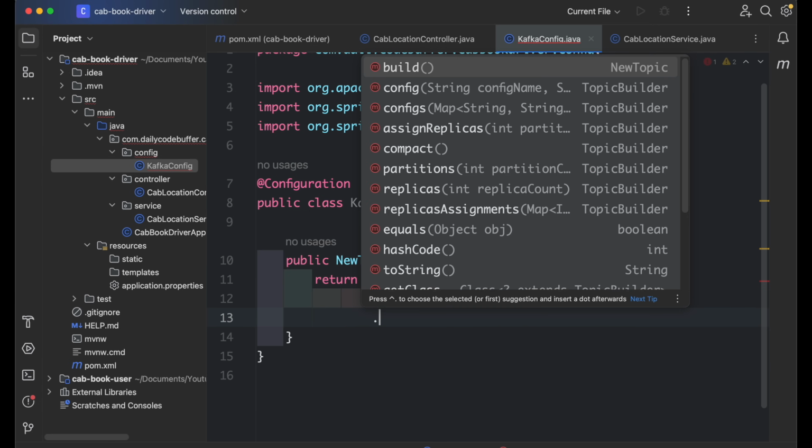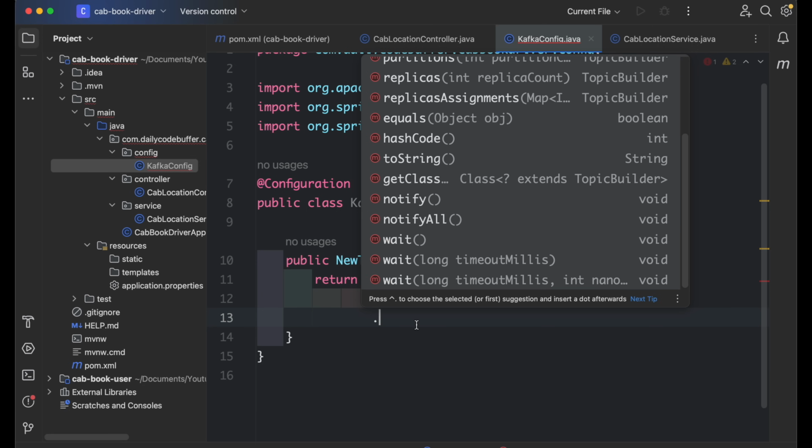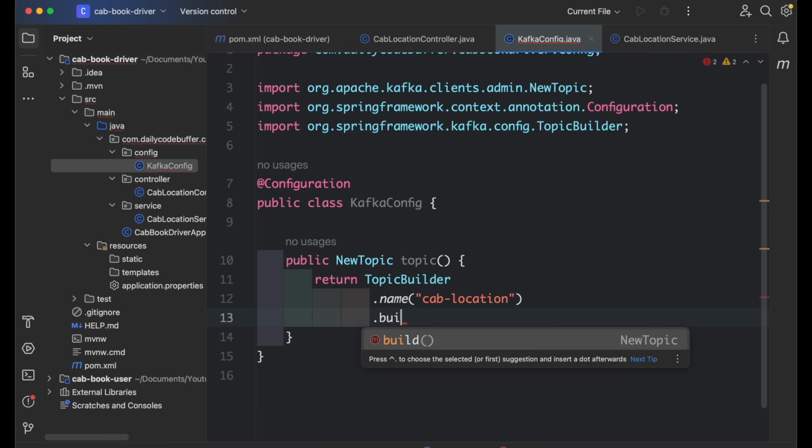Okay, dot, you can see that there are different parameters that we can pass. What is the configuration for that topic? If there are multiple configurations, we can pass all those configurations within the configs. This is a similar thing that we saw when we were creating the configurations and topics, starting the server using our command line, right? If there are replicas, like which replicas to assign, if there are partitions, how many replicas we need, all these things we can define here, but for now we'll just build it with the default